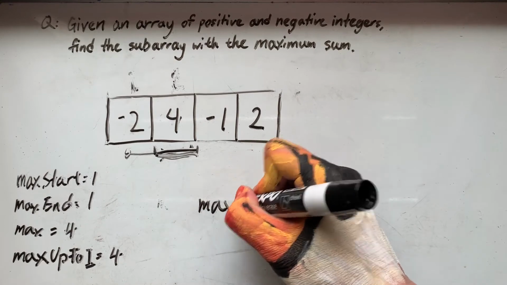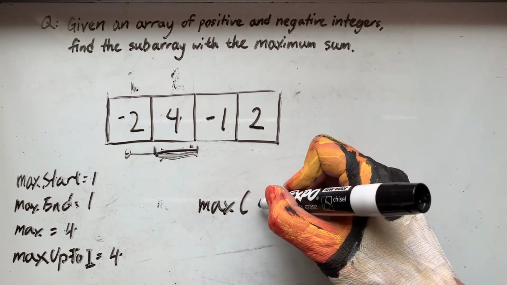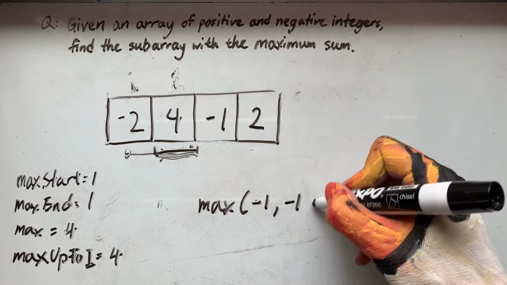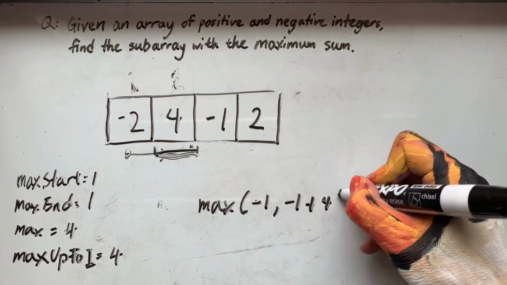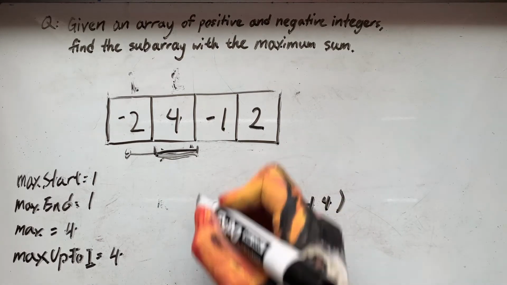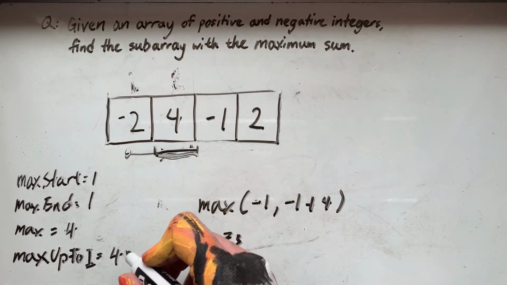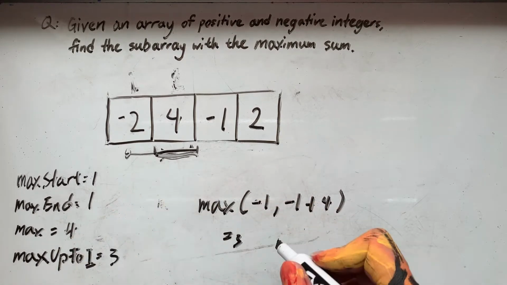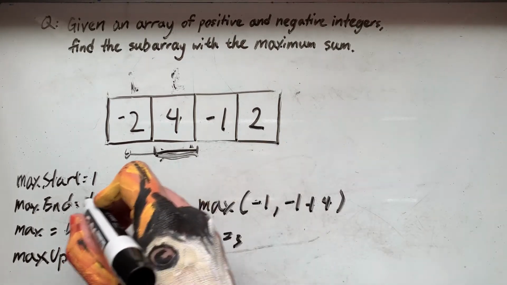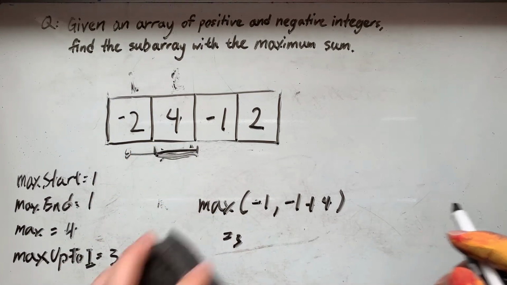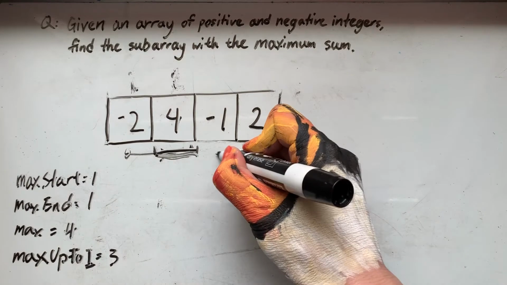The maximum of a of I and a of I plus max up to I, which would give you 3. So max up to I is 3, but it's not bigger than our all-time maximum, so we're not going to update the start and end and the maximum. And we'll move on to the last index,